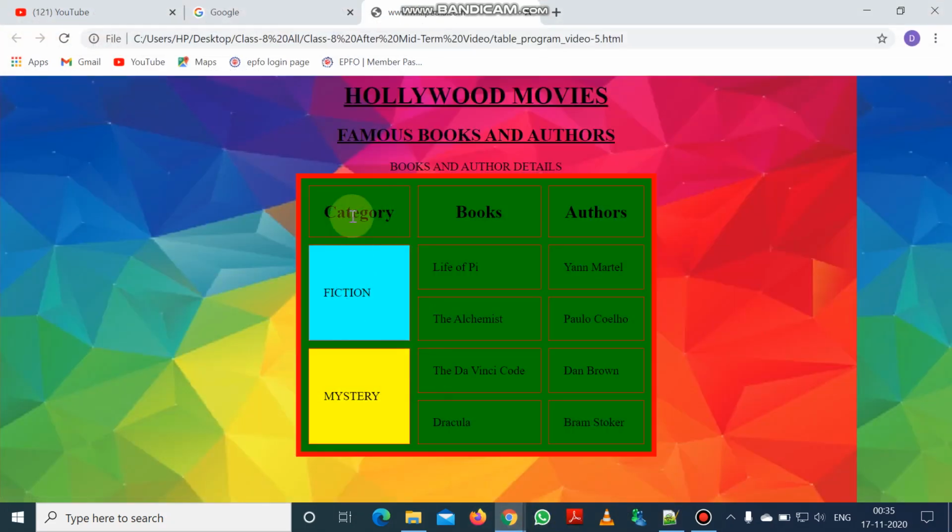So first we gave the table heading with the first row, so Category, Books and Author has come, and you can see here that the size of the heading is much bigger than the other contents of the table with the help of the font tag, and the size was 5. And after that we created the second row.